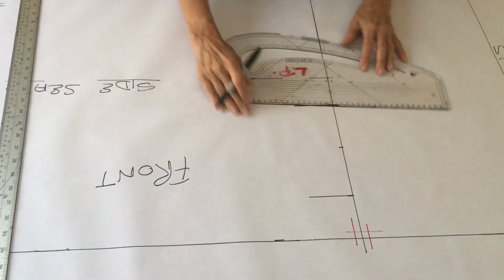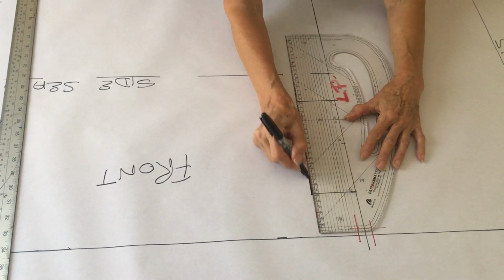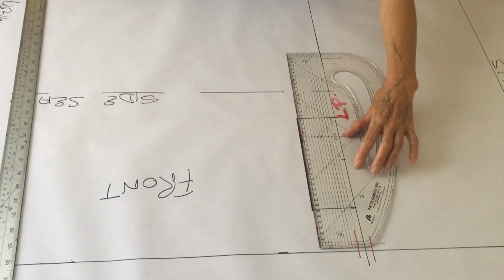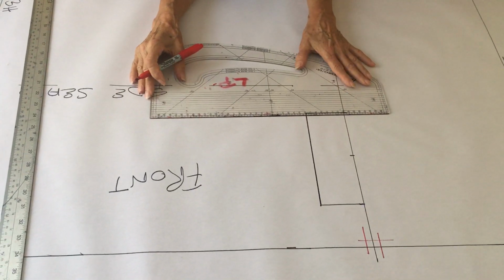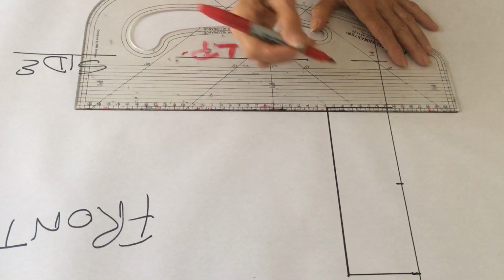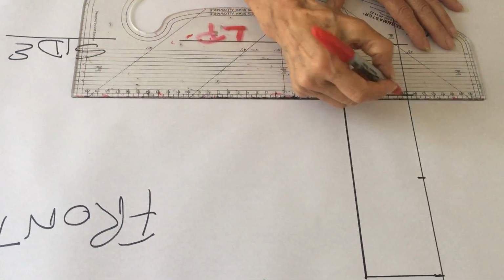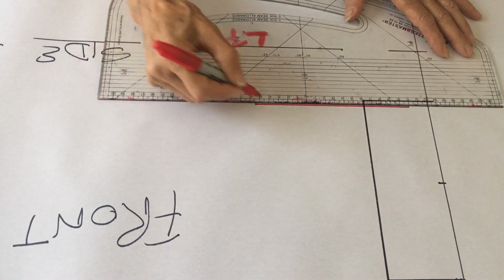There's our flap, and that will tuck into the seam. And then for the pocket, you want the flap to cover the edge of the pocket. So let's come in 0.5 centimetre inside the flap, and let's go down to,